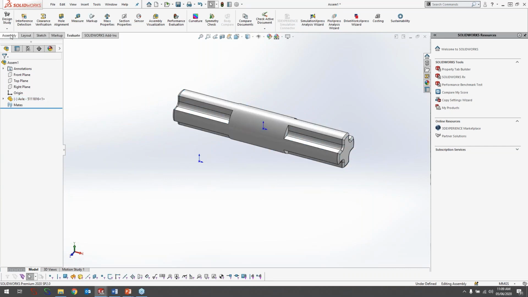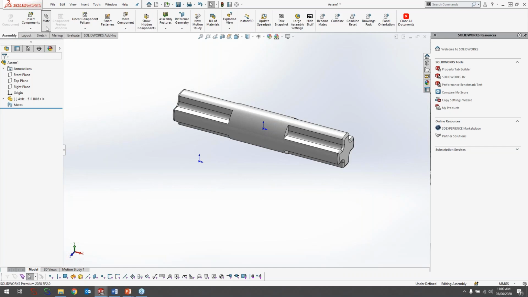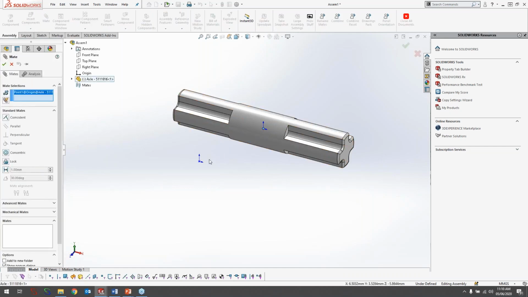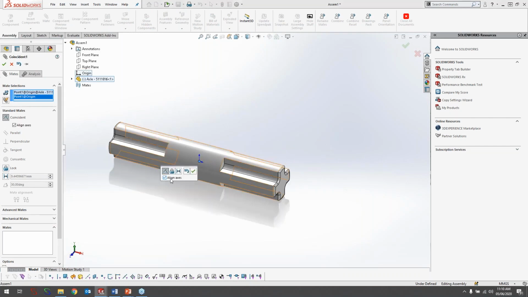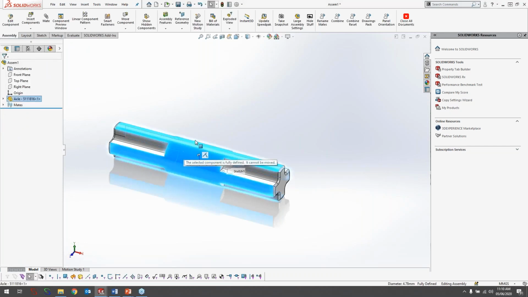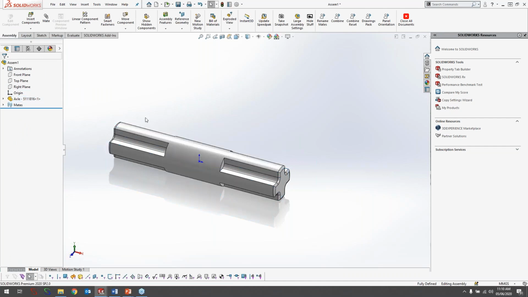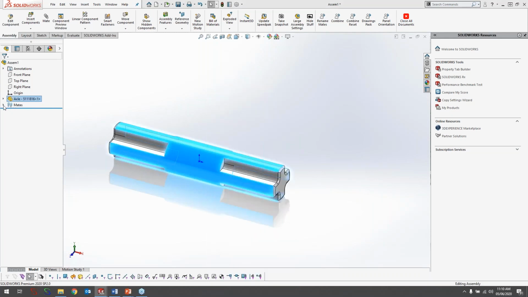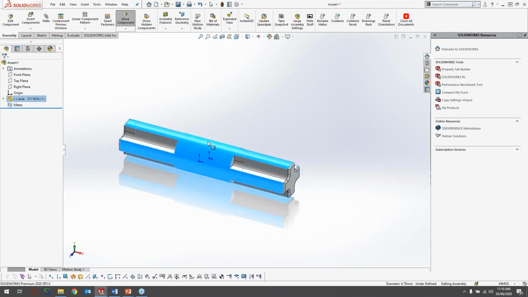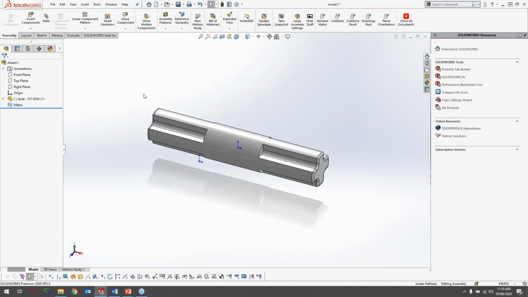One of the simplest ways that you could do that is just by going to the Mate command. I can select both origins. Let's say that one and that one. And notice that there's an option there to align the axes. So let's say, yes, I actually want that. And now it's again fixed, but notice that I don't see an F next to it. Basically, when you see an F, it's because it's fixed by SOLIDWORKS or you fixed it. And if you don't see anything in front of it, it just means that it's fixed by the mates. And when components can actually move, let's say if we delete that mate, you will see that there's a minus in front of it, just telling you that the actual component can move.